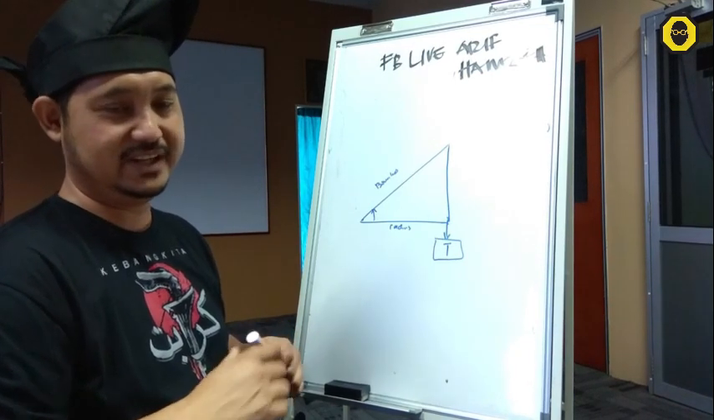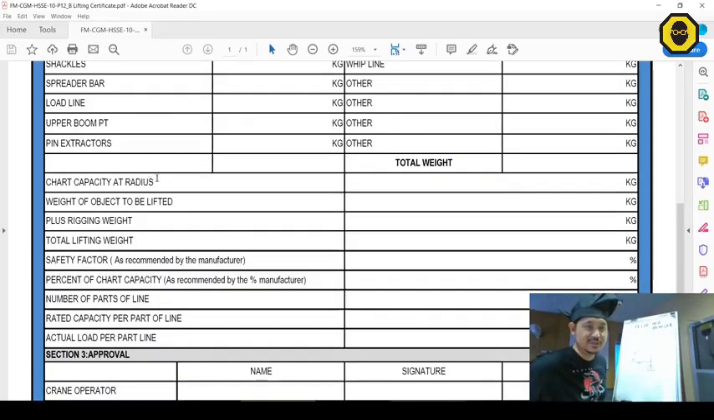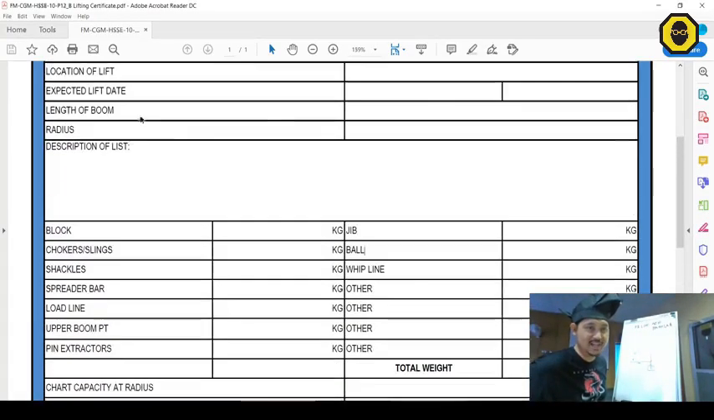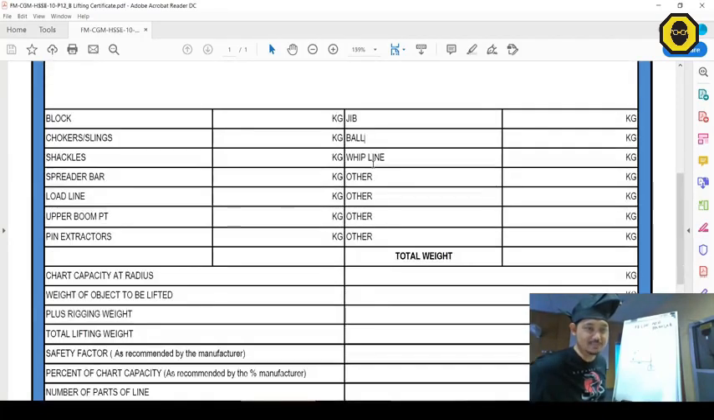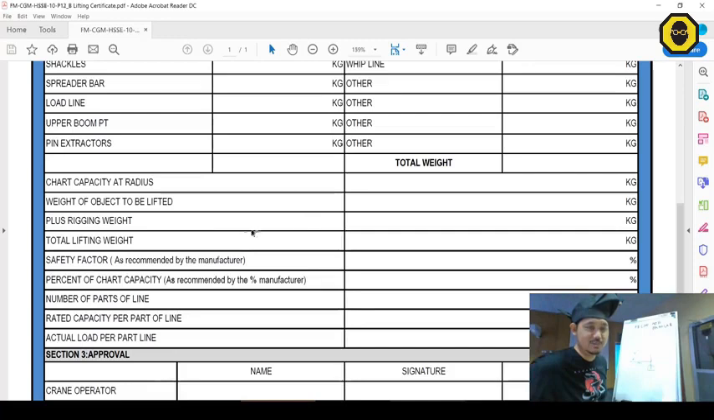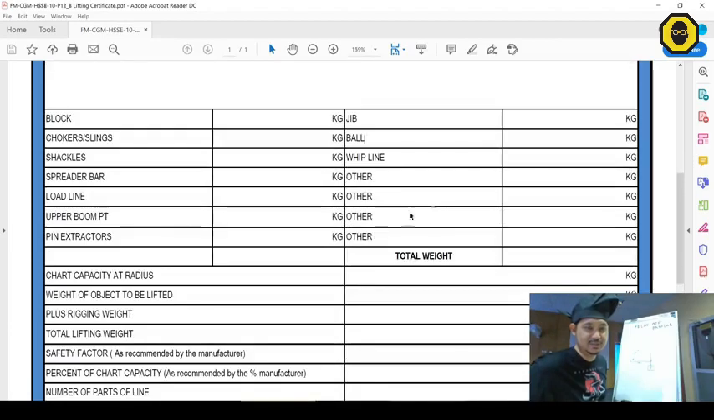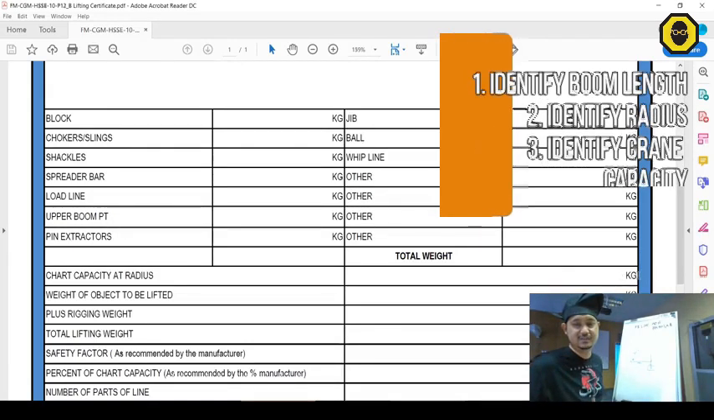For a generic lift, if you are using this lifting certificate, make sure you have the maximum boom length, so that you can identify the maximum radius. From that maximum radius and maximum boom length, you know the capacity at the radius, how many tons can be lifted. Here is using the unit of